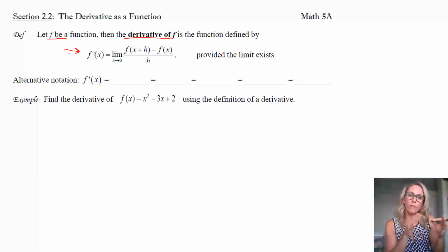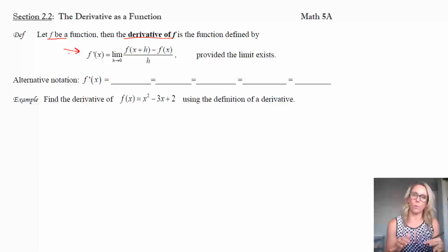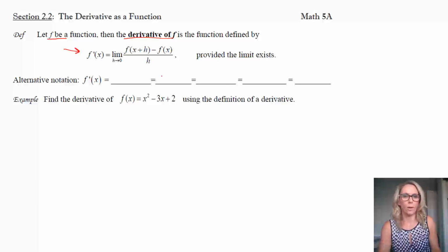And when we finish with finding this, our function will still be a function. And that's a really important thing to know. We will not be ending up with just a number right away. We will actually be having a function, finding the derivative, and we get a function. So that makes sense because this is a function. It is f prime of x, which is still a function.